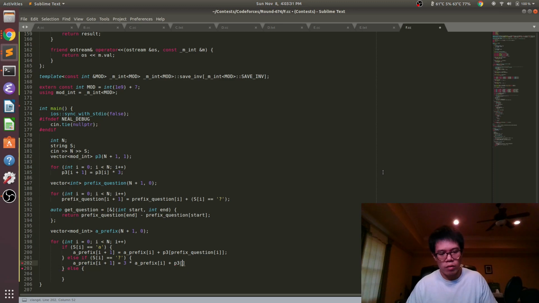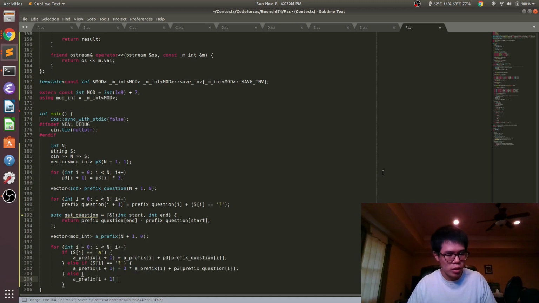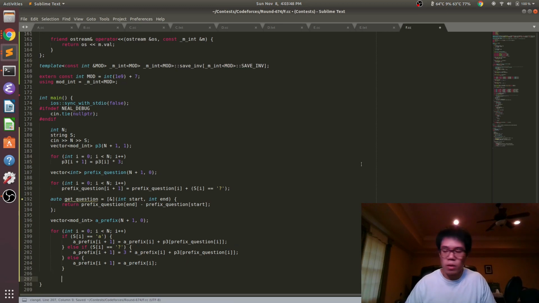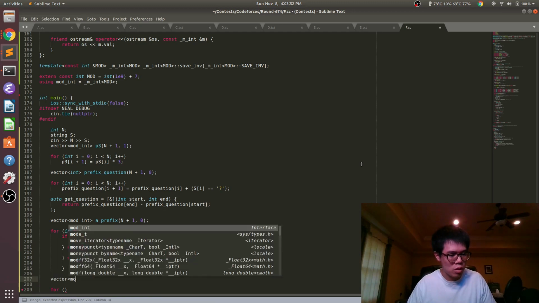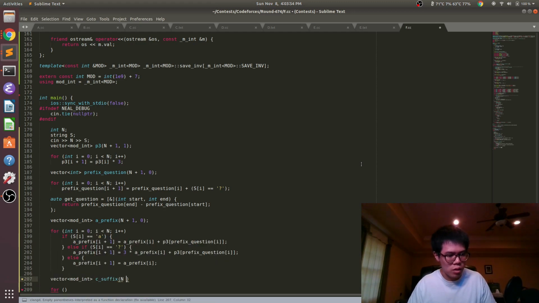Otherwise, we have this again, if we pick the current question mark. And so notice that this prefix does not include s i, and that's important. And then otherwise, it's just the previous value. And then we're going to do this for suffixes as well. C suffix.